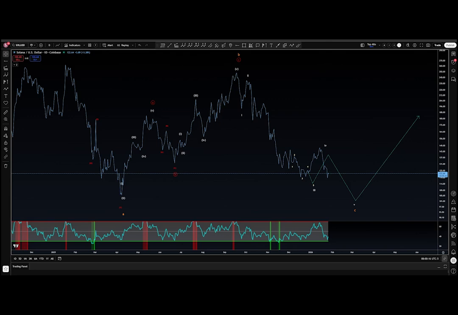Okay. On Sol, this is the last count that I had for members. As we can see, it went a bit awry at this level. We were hoping for resolution of this wave 3 at this point, that we turn up for a wave 4 that was already pre-marked. This has not been changed before we proceed down for the final actionary leg. As we can see, we have a 1, 2, 1, 2, 3, 4. We were working on that 5th for the finish of the 3rd. Now, I think it's probably safe to say that we ended up having the completion of the 3rd around this level here.